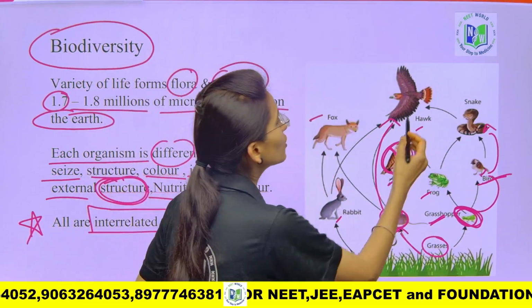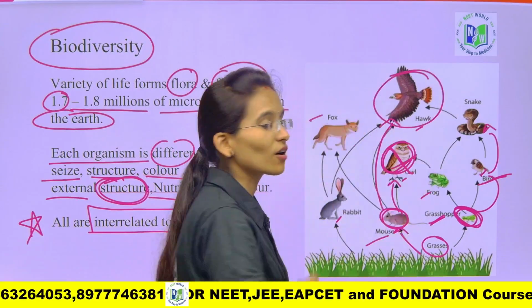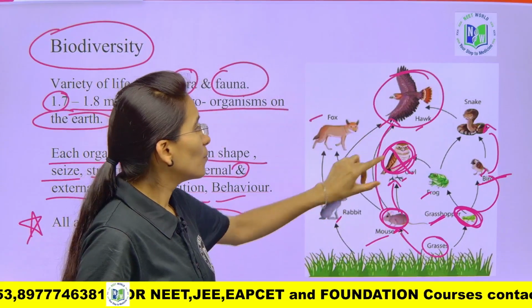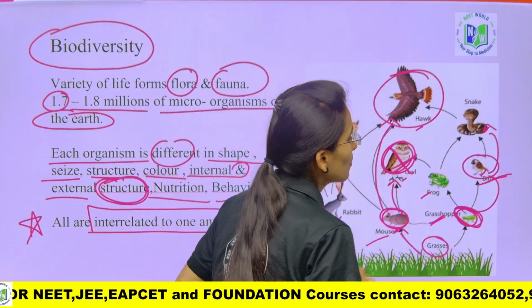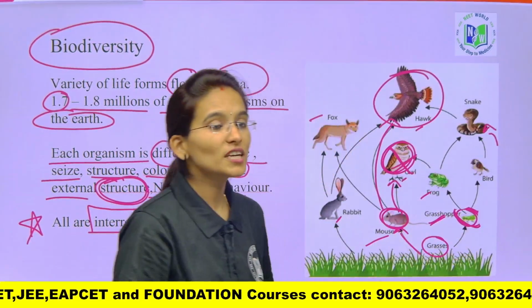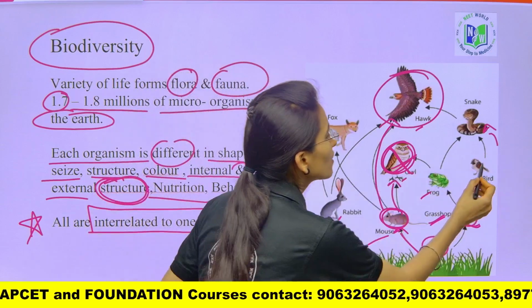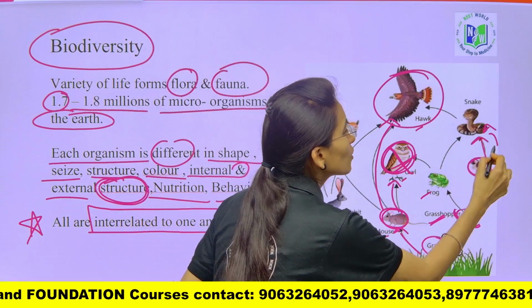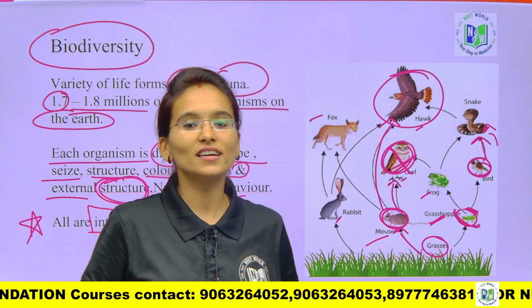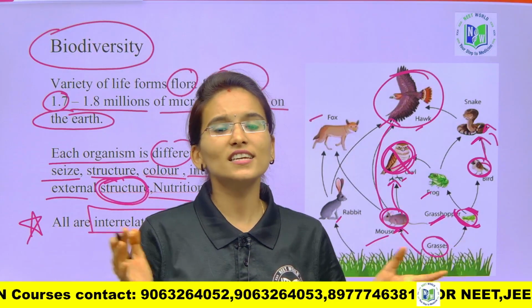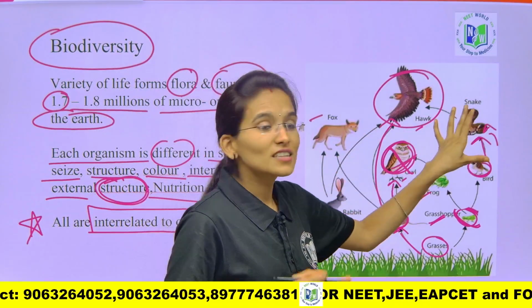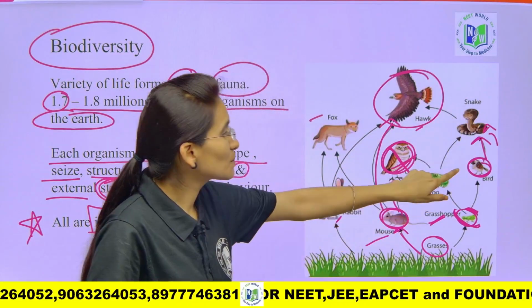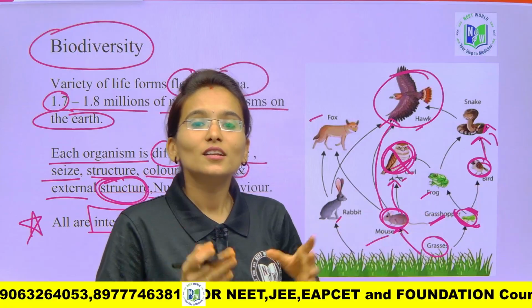Similarly, when you are going to remove this particular hawk, then owls become more in number. When you are going to remove this bird, for example, from the ecosystem, then what happens? The population of the snakes is going to increase. So when the snake population increases, what happens, my dear students? Then this population is going to increase and these particular birds are going to be removed and excluded